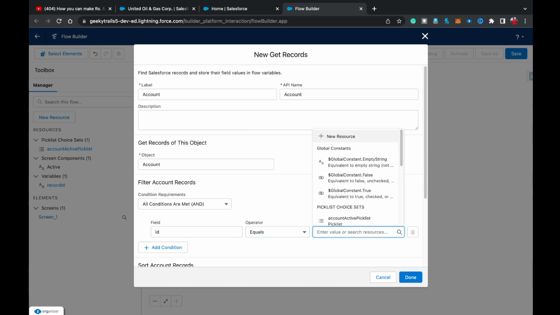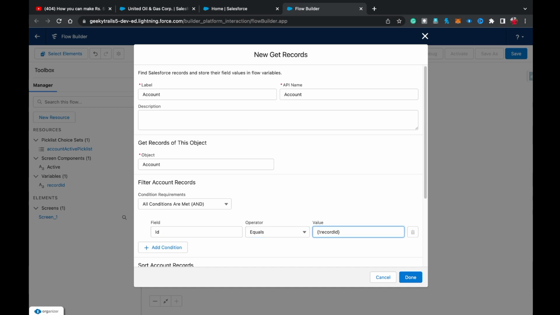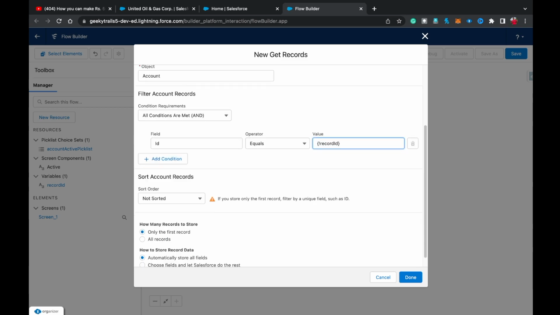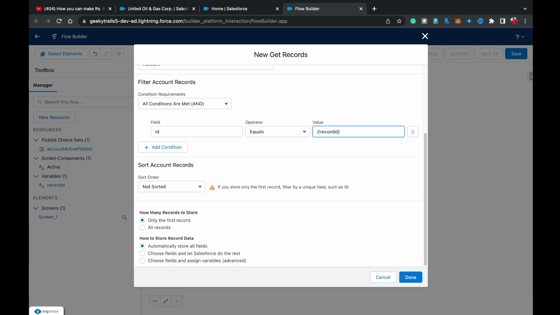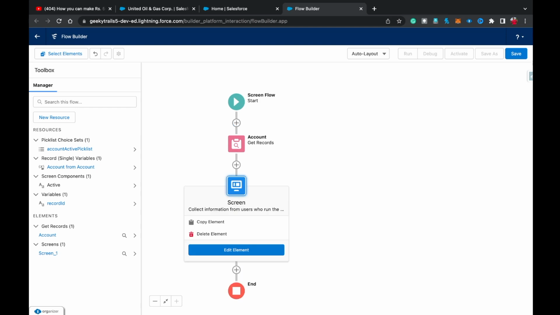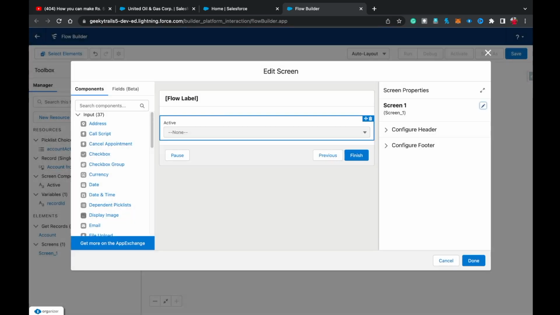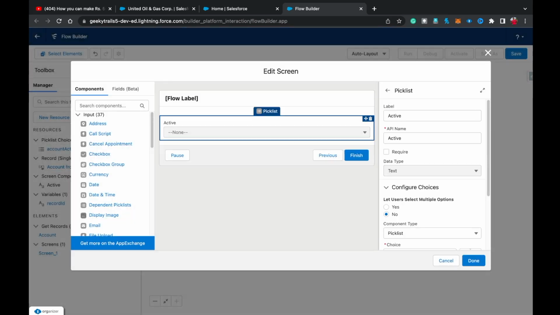So let's say ID equals record ID, which we are fetching from the record detail page. Now, only first record, because we are providing ID and ID is unique. So here you need to select automatically store all fields and click Done. Now in the screen element, what you need to do is click on the picklist component that you just dragged and dropped,